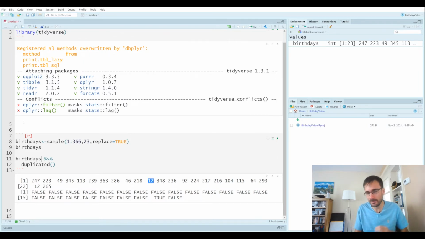I think in this case, it's not going to cause us too many problems though, because all we care about is whether there are any duplicates in that list. Because if there are, then we have a match. If it's not, then we don't have a match in our birthdays. So we want to then take the next step of summarising this set of falses or trues into a single